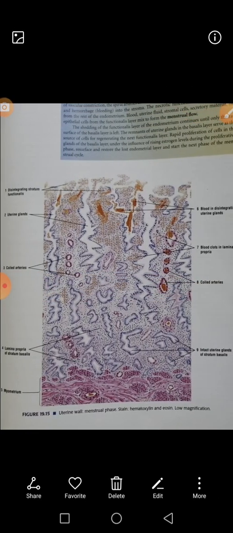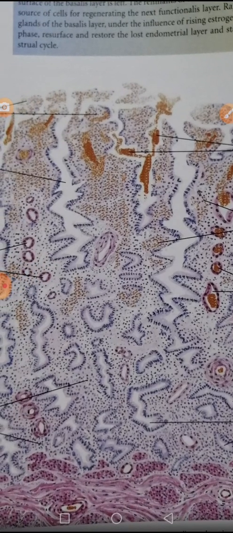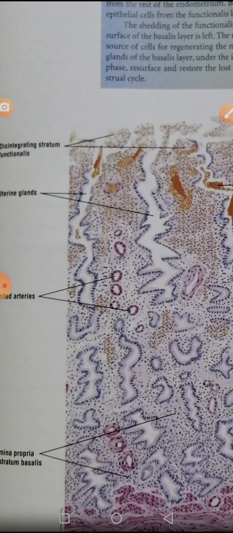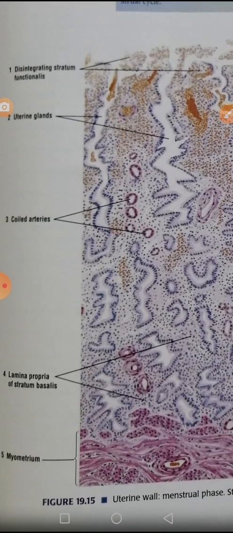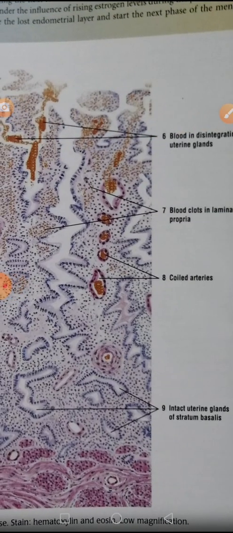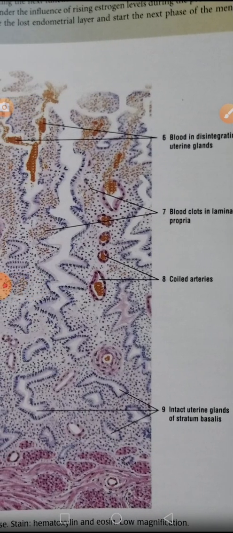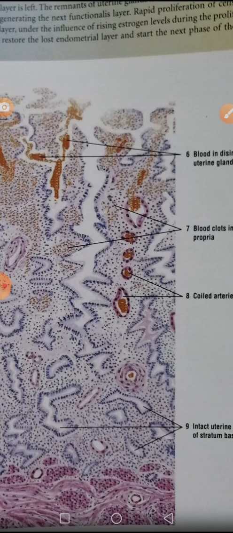This is after the menstrual phase. And you can see the disintegrating stratum functionalis. You can see the uterine glands. You can see the coiled arteries still. And you can see the lamina propria. But at the end of this period, the functional layer would have been completely removed and you would just see the stratum basale. And you can see the blood in disintegrating uterine glands because initially during the premenstrual phase there